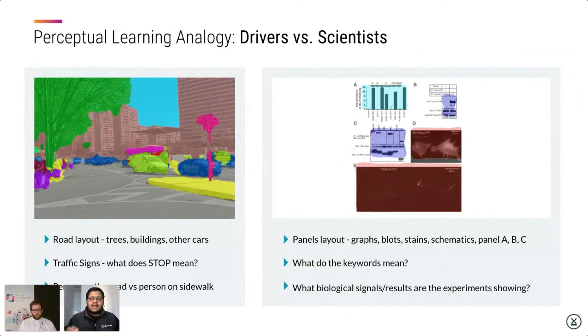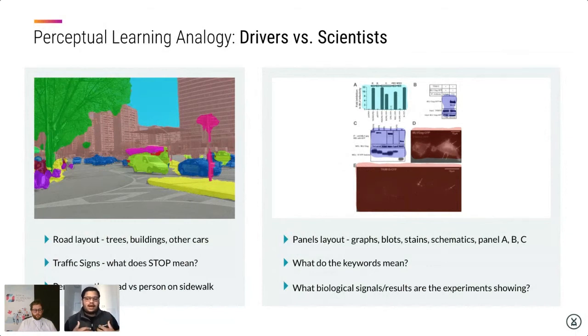Similarly, a scientist has to navigate the layout of experimental results. They must understand the techniques like blots, stains, schematics, as well as panels, like what do A, B, C, and D here mean. They must read the text in these images and understand the spatial and biological context of that text. Why is this text here instead of some other place? What does the size of these black bands here represent? And so on. And so working closely with domain experts like Yelena becomes an important step of the modeling process